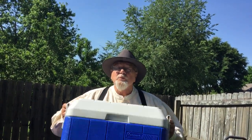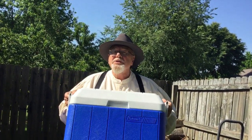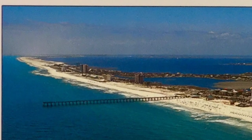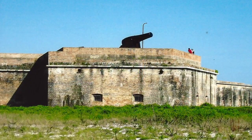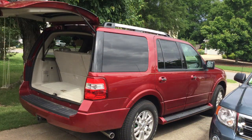In this video, I want to tell you how I restored this 12-year-old 48-quart Coleman cooler. Stay tuned. In 2 weeks, Ava and I will be taking a camping trip to the Florida Gulf Coast, and her son and his family will be joining us. We'll set up our camp in 2 campsites in the Fort Pickens campground of the Gulf Islands National Seashore and stay for 5 days. We'll all be traveling in this